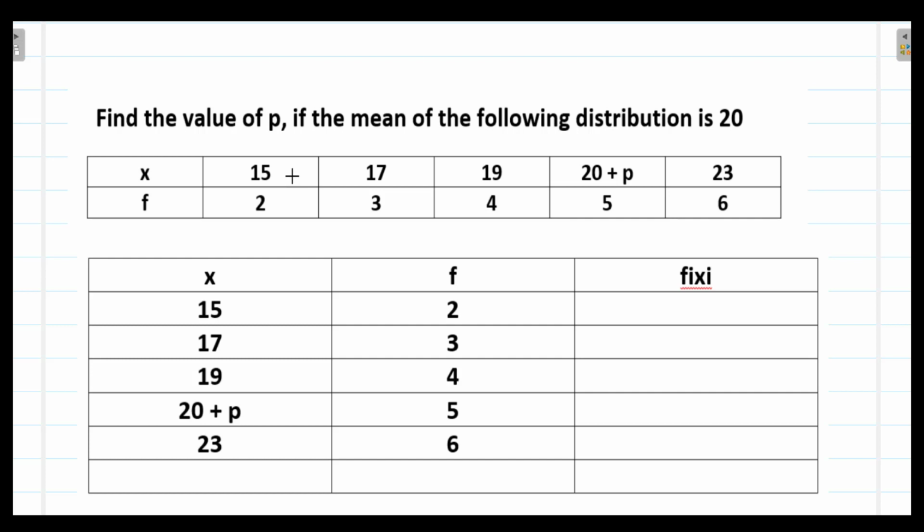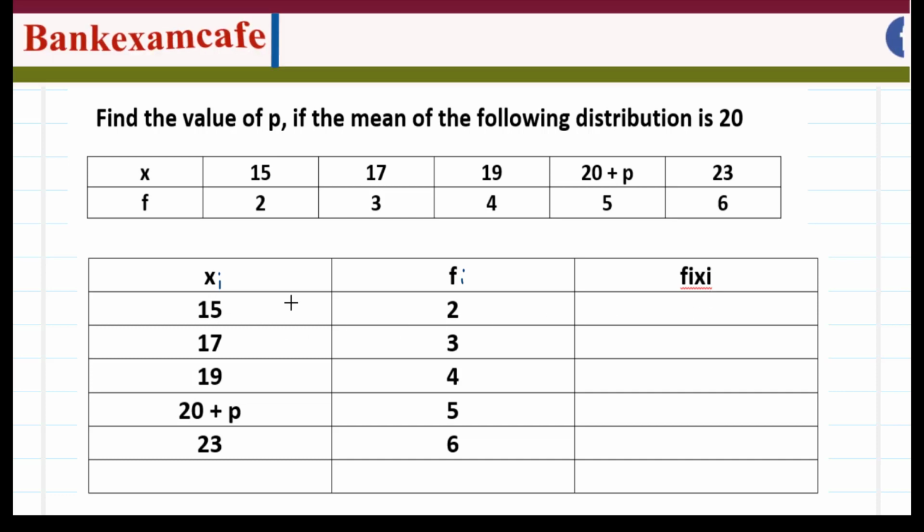So if the class is given to you, then first you will have to find xi, that is the mid value, and the frequency is given to you. So make a new table. In one column write xi, this is xi, and this is fi. So this is the frequency given to us and xi is given to us, and make a third column that is of fi xi. In this third column we take the product of the frequency and the mid value.